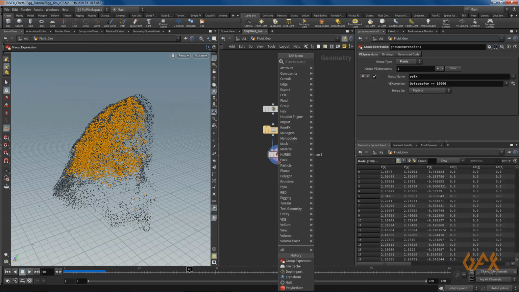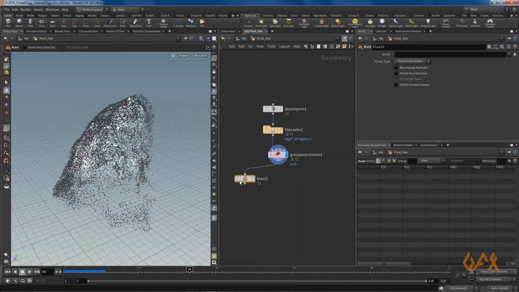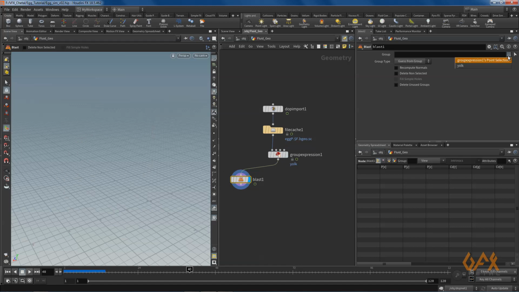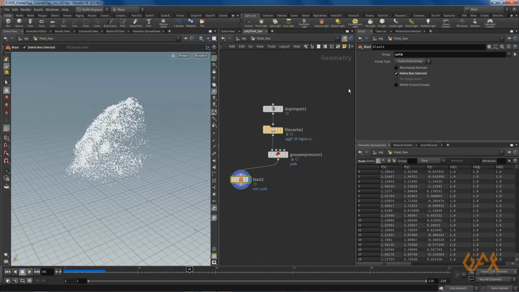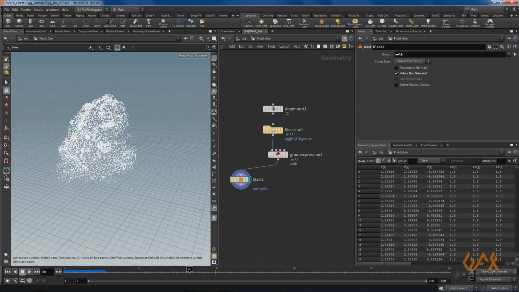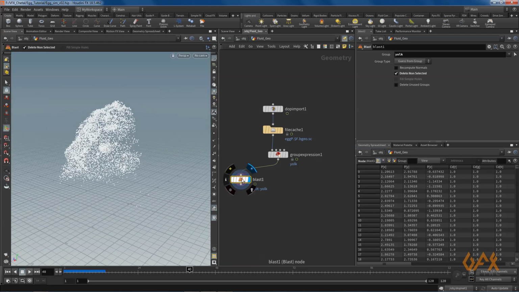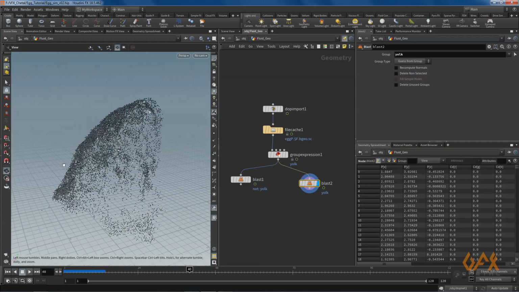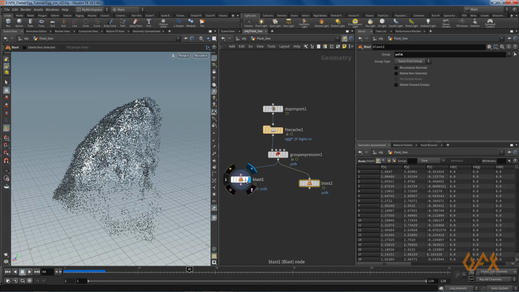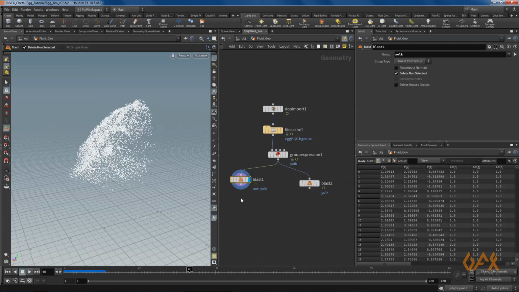Now what you need to do, just select this thing, apply blast node, and over here you just define yolk, and you can define delete non-selected. So here you get this yolk, and you just duplicate this thing, and if you just select this thing, so now this is your albumin. So you get these two different separations from your particle system.